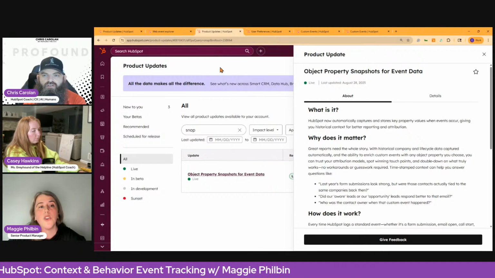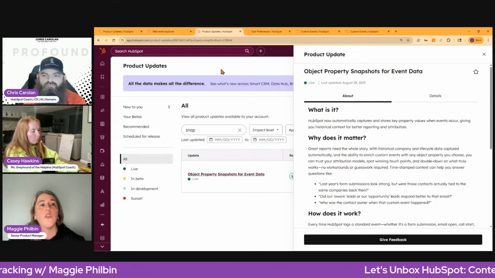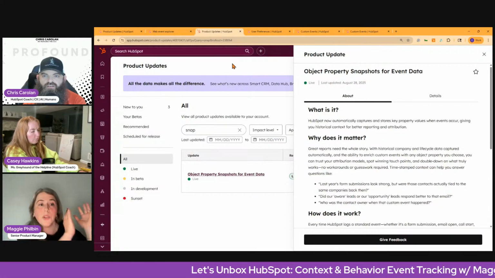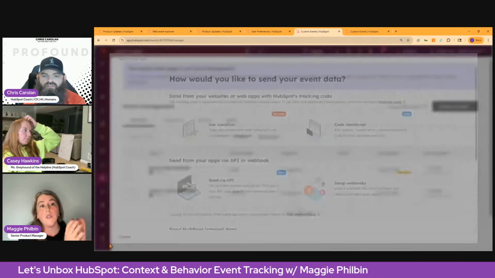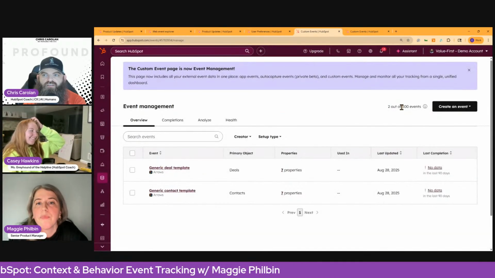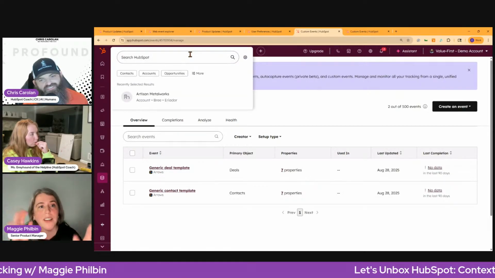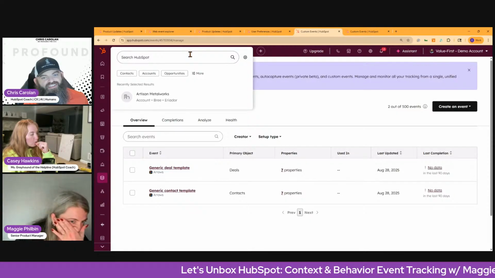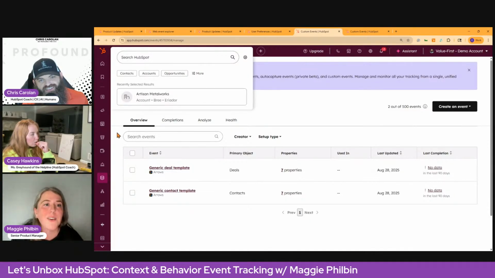So you can build a journey that says, how do leads that engage with the CTA convert to MQLs? And you actually have that contextual data from what was happening at the time that conversion happened. So that's object property snapshots. They automatically got enabled. Where do you find them? Let's go to any reporting tool. Let's go to CJA or CRB. We already looked at CJA, so let's spread the love here. Let's go to the custom report builder.